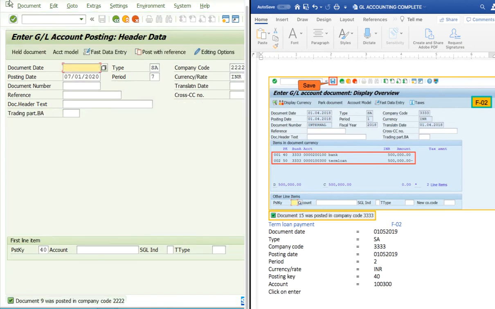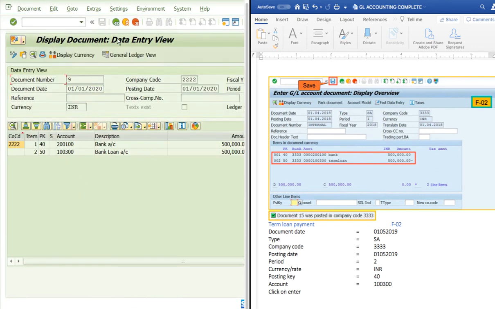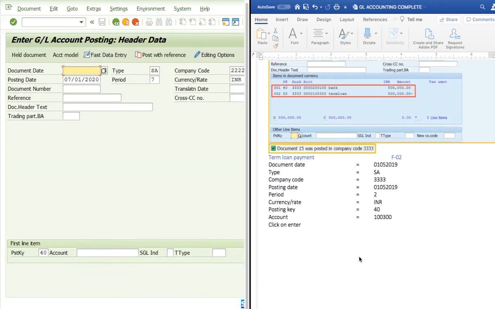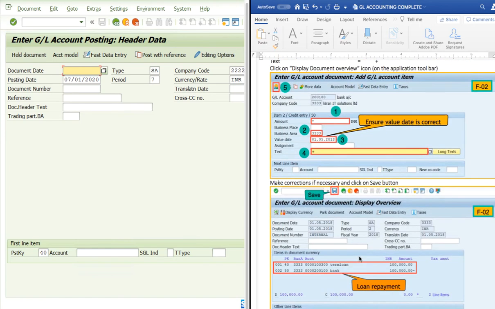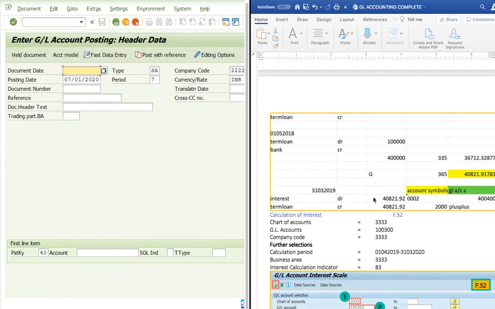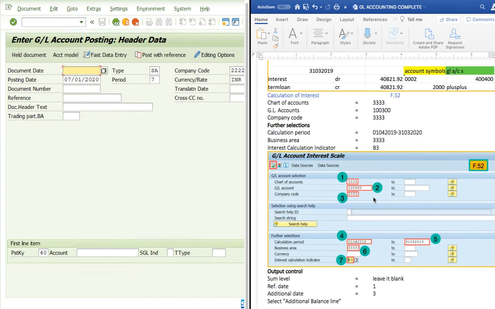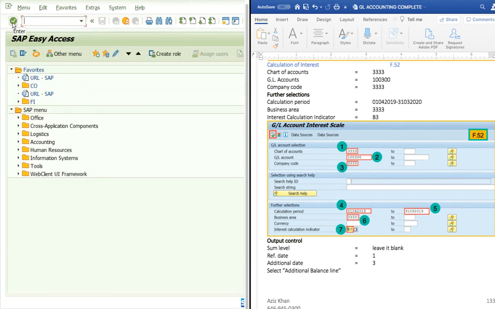Document 9 was posted. You can always go and display the document, right? FB03. Now, we're not going to make the payment. We'll skip this step. We'll calculate interest on 5 lakh, right? If you repay, you have to post another transaction, reverse, right? And then the system will calculate on the remaining amount, right? Now I'll go and run the interest calculation transaction